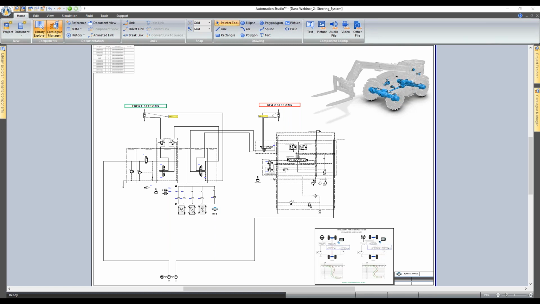Yes, absolutely. We did receive a question regarding the export. We weren't sure what the exact export question was about, so let it be general. The schematic can be exported. I don't think I have my Automation Studio open. The schematic can be exported in